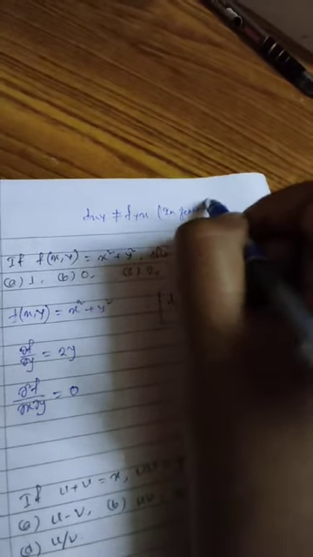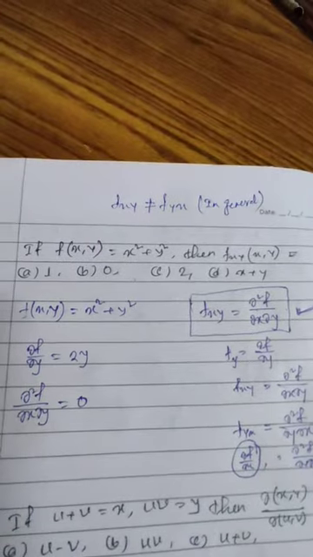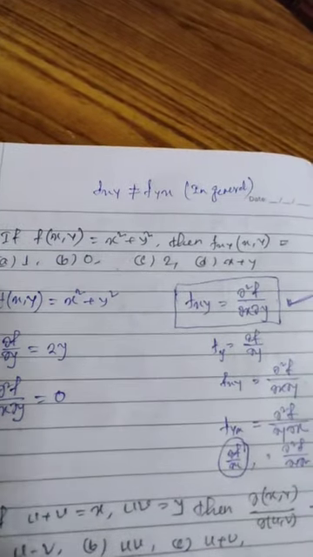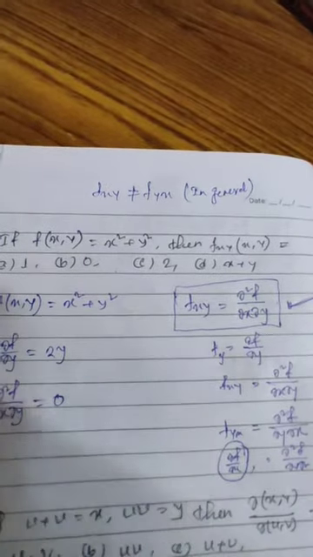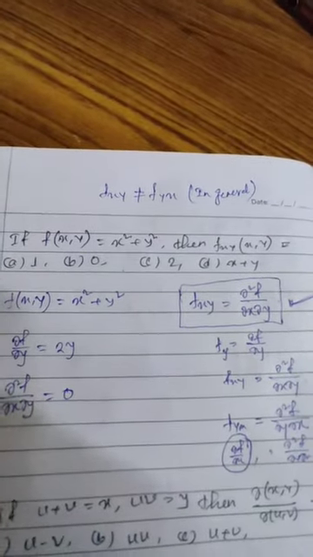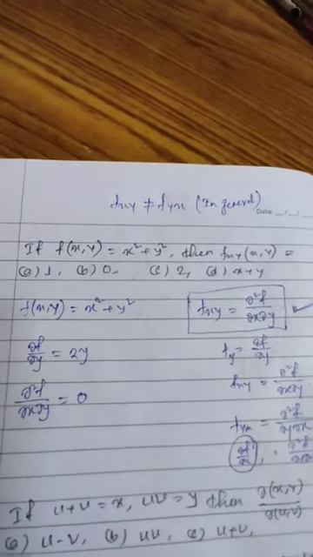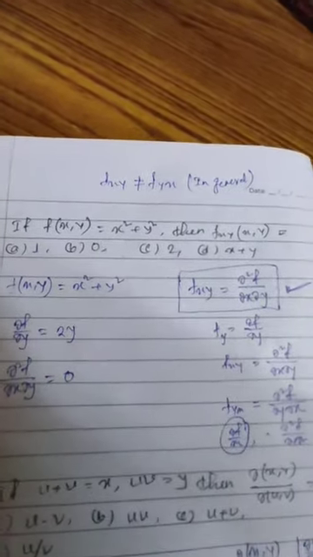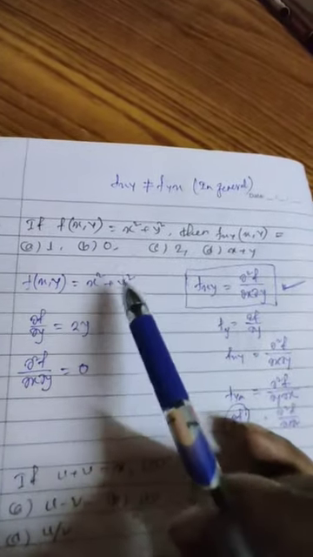This is also an MCQ for you, that in the question they can ask that f_xy is equal to f_yx, this is always true or always false. So you have to click on the false option, because we can take various functions f where f_xy is not equal to f_yx. So here we have f(x,y) is equal to x² + y².